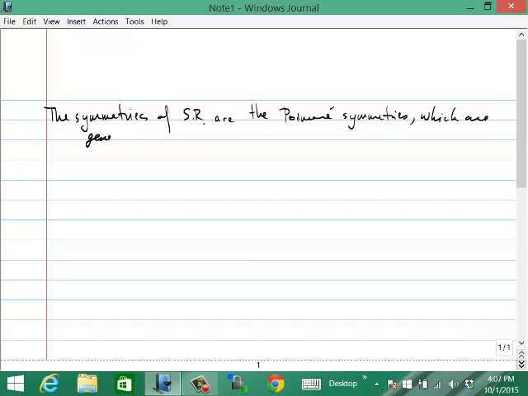And they're generated by the following generators of the infinitesimal translations and Lorentz transformations. So here P mu is the generator of translations. The generator of translations is d by dx mu. And the generator of